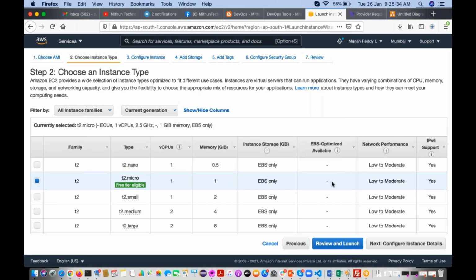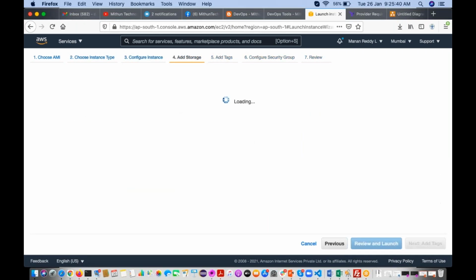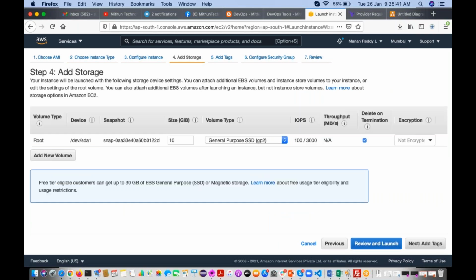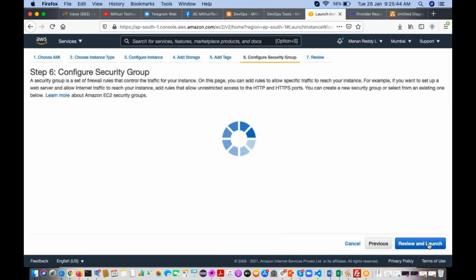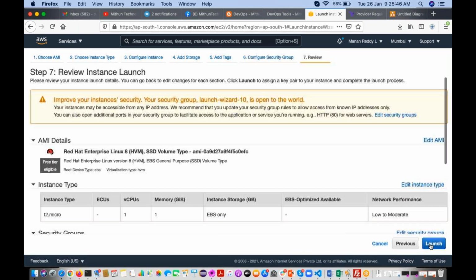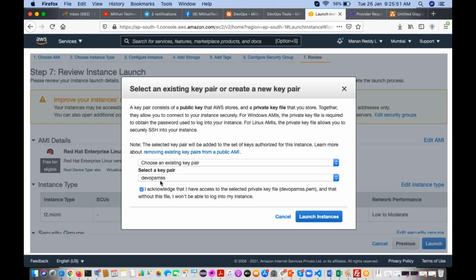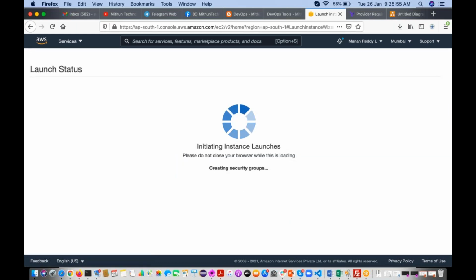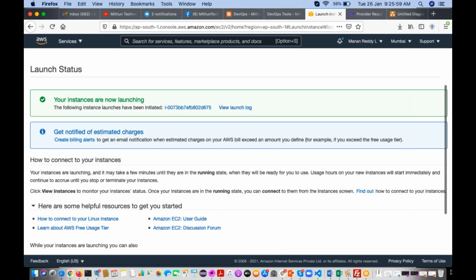Next. Okay, we'll leave the default values, 10 GB hard disk space. And launch. I have already created one PEM file, DevOps MSS Mithun Software Solution. Click on launch instance.